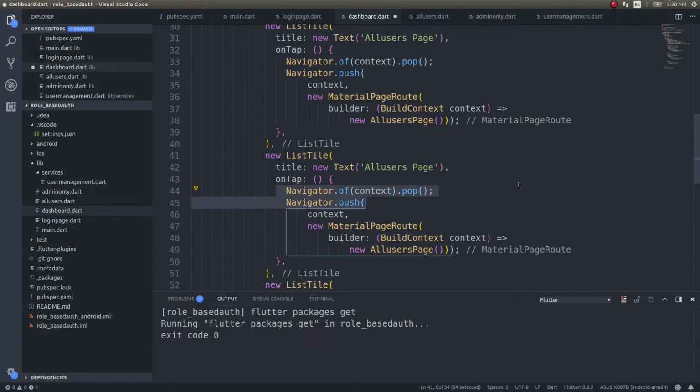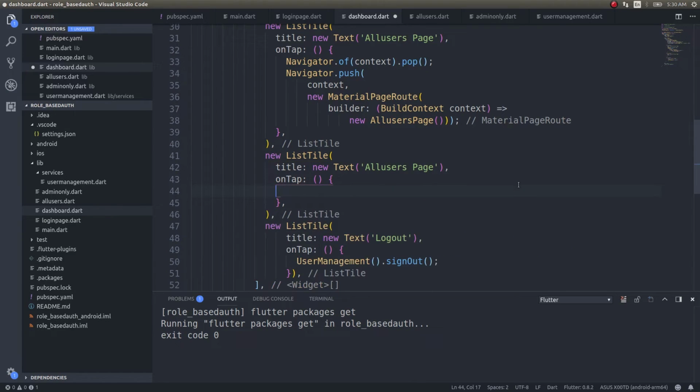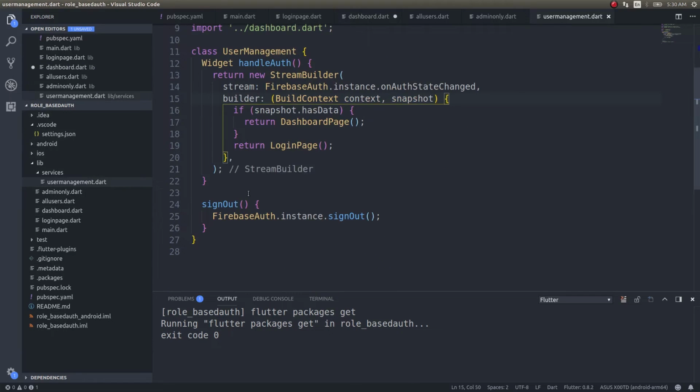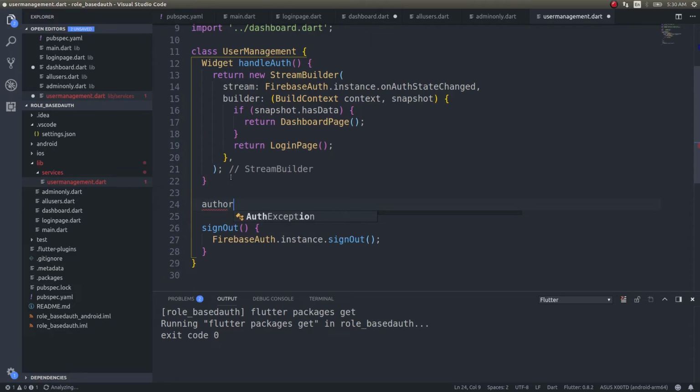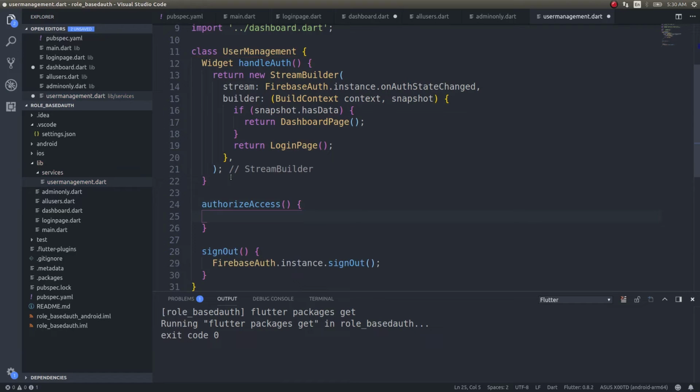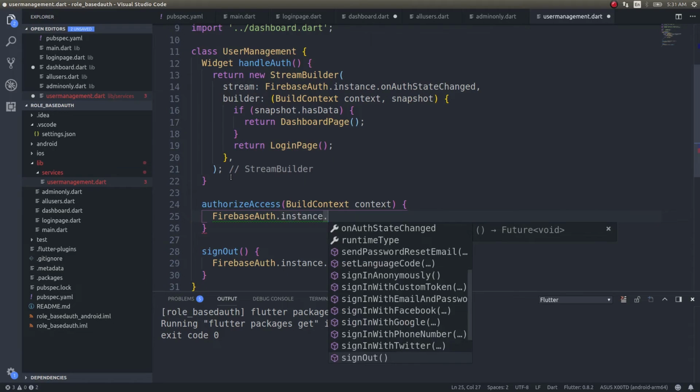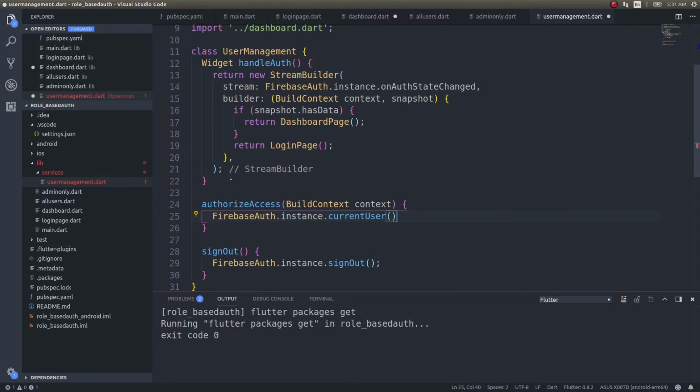And here, instead of pushing in a new page, what I need to do is write another function, authorize access, and this will take a build context, and Firebase auth dot instance dot current user dot then